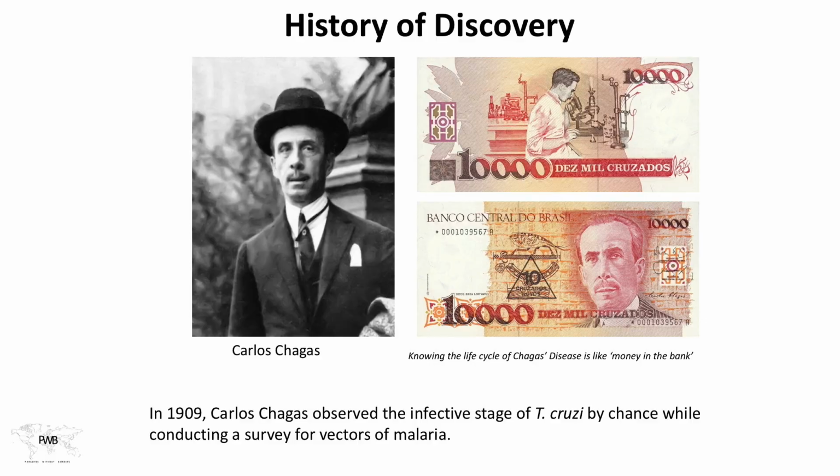Quite remarkable for a country to devote the pictorial aspects of its money to telling the citizens of that country something about the public health importance of a disease, which I think virtually every Brazilian citizen knows. So this is my quote here: knowing the life cycle of Chagas disease is like money in the bank. In this case, quite literally, money in the bank. Regrettably, Carlos Chagas never was acknowledged fully for his discovery by actually receiving the Nobel Prize, but certainly he should have. His accomplishments were quite telling in terms of human health and the interruption of the life cycle. And in my view, he should have received it.